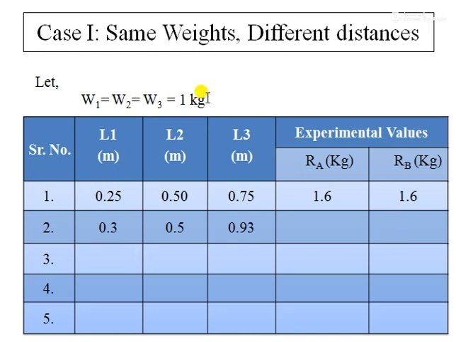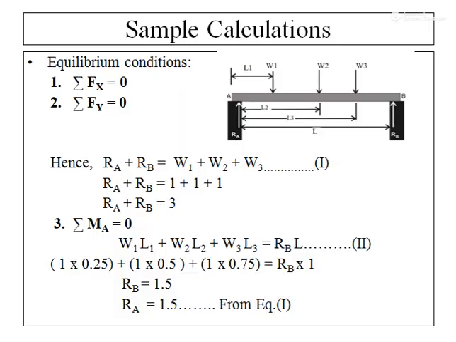When we apply 1 kg load at these distances, on an average approximately this is the reading we have obtained, 1.6 and 1.6 kg at the RA as well as RB spring balance. Now after getting this, what is it that we have to do? These are the experimental values of the readings we have obtained from the apparatus. In every practical, we take the experimental readings and try to determine the readings analytically, and then we try to determine how similar the experimental and analytical readings are.